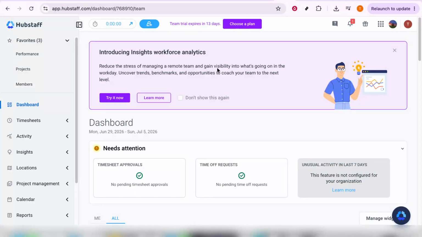In today's video, I'm going to teach you how to edit a time entry in Hubstaff. If you ever need to correct track time, update details, or make a quick adjustment to an existing entry, Hubstaff makes that process pretty straightforward. In this walkthrough, I'll show you exactly where to go and what to look for, so you can edit a